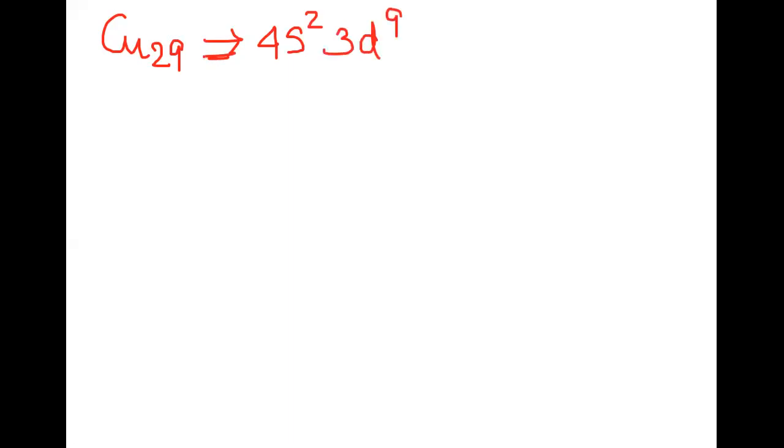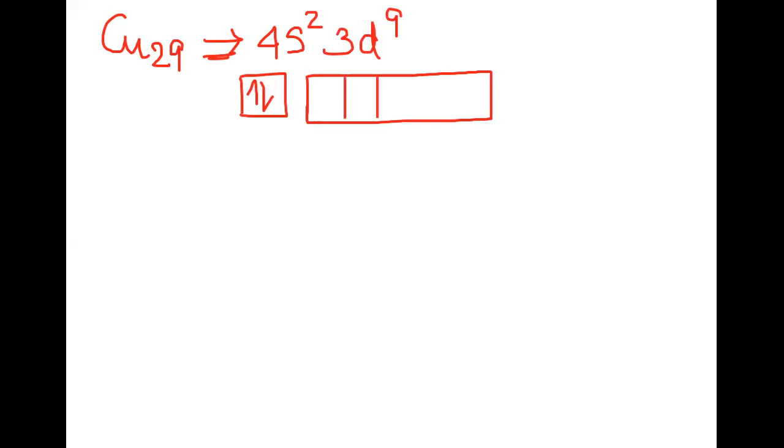Now again, if I show in the box diagram, you have 4s2 like this, and the 3d9 will have 5 boxes, okay? In this case there are 9 electrons to be filled. So the 9 electrons that will enter are 1, 2, 3 and 4, and then a 5. Once they are filled singly, then the pairing will start. So what will happen in the case of pairing? The 6th electron will come here, then the 7th, then the 8th, and then the 9th. So there is one which is remaining unpaired.